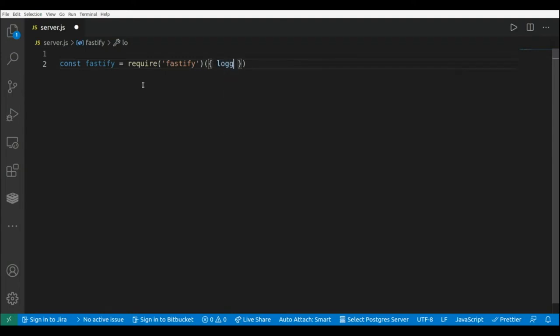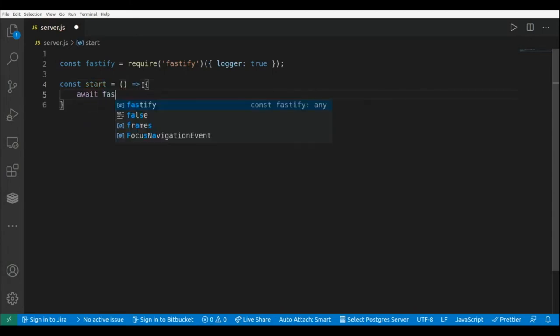property as true. And now I'm going to create a function to actually start the server, const start, and here I'm going to add an arrow function, and this will be await fastify.listen, and I'm going to pass the port, let's say 3000,